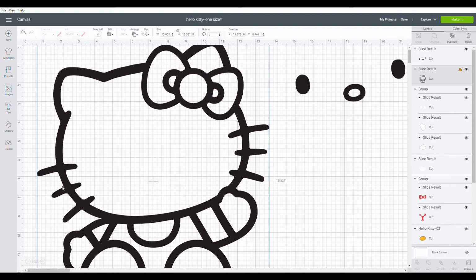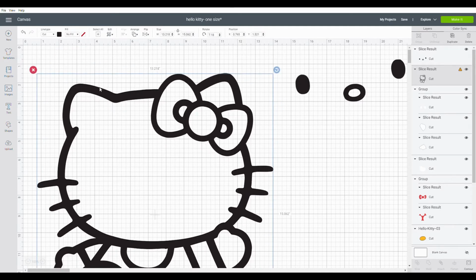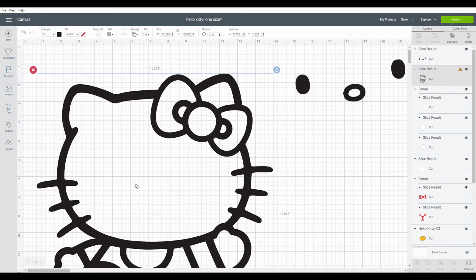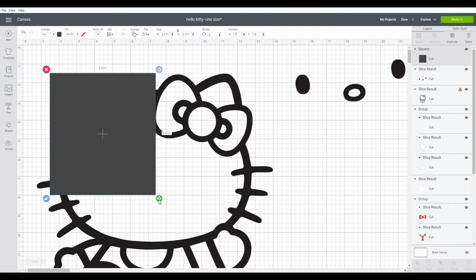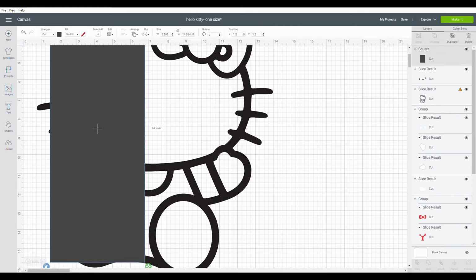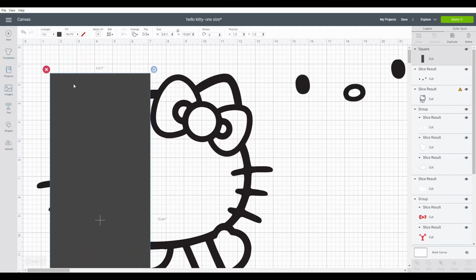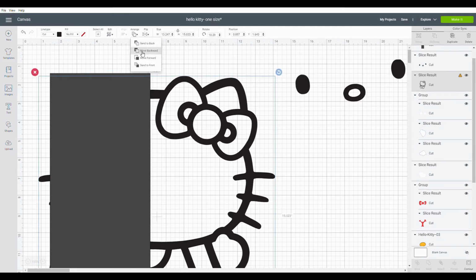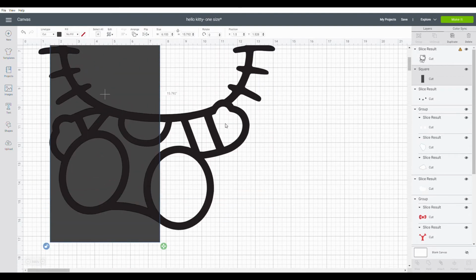Okay. So now what I'm going to do with her is I'm going to rotate her just a little bit so she kind of looks a little straight to me. And then I'm going to cut straight down. So you go back to your shapes. I'm using a lot of shapes. Now when you have something big like this, definitely make sure you